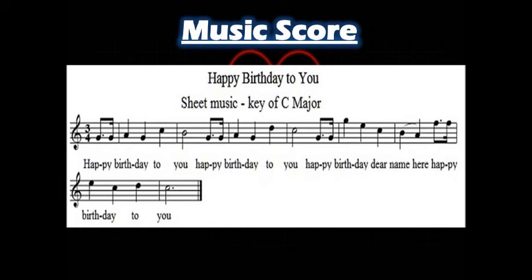Can you identify the notes? Let's mention them. First, let's identify that these notes are from the treble because of the presence of the treble clef. Then, the time signature is 3/4, which means it has 3 beats per measure, and the 4 means it gets crotchet beats because a crotchet has 1 beat. Next, there is no key signature, which means it has the default key signature, the C major scale.